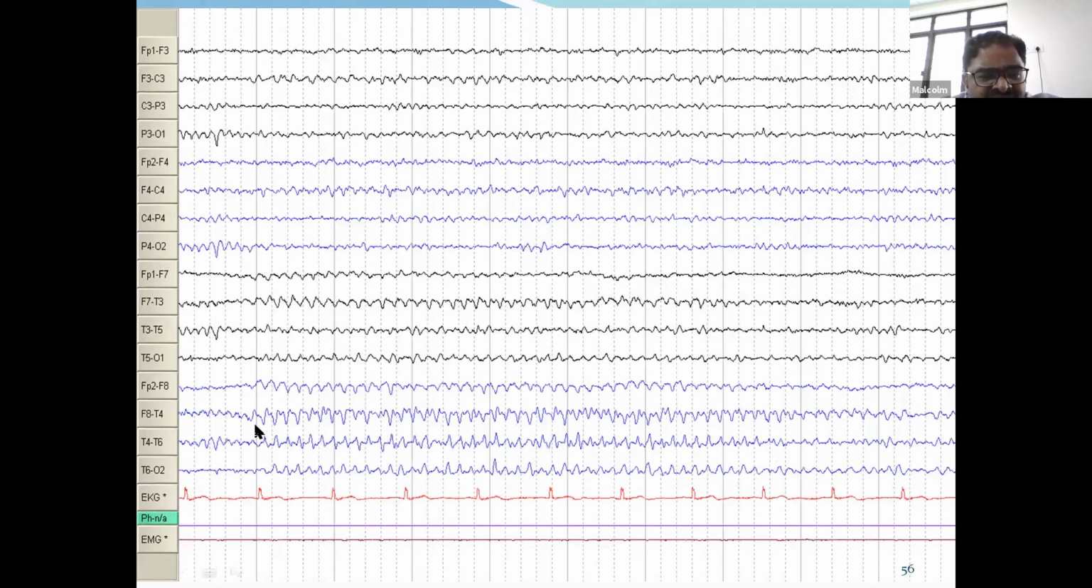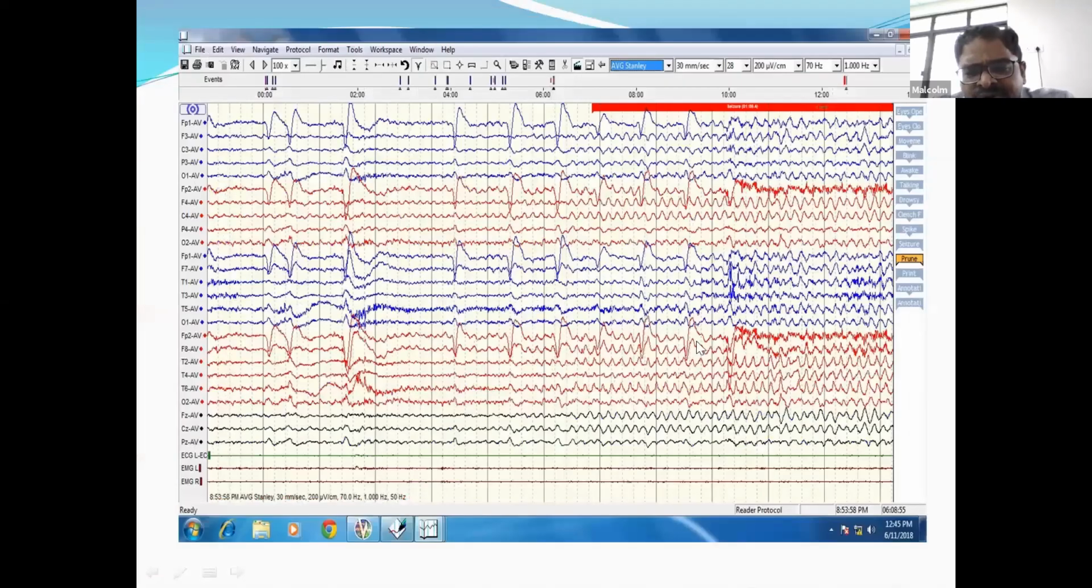You see this 1, 2, 3, 4, 5, 6, 7. Same 1, 2, 3, 4, 5, 6, 7. Almost the same. There is no difference. There will be no change in the frequency or in the morphology in its evolution. But this I am showing for us to understand the classical ictal theta rhythm, which is happening over the temporal